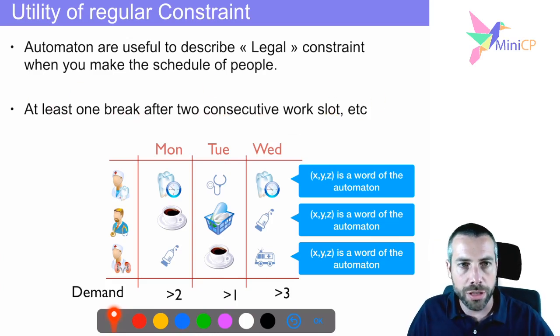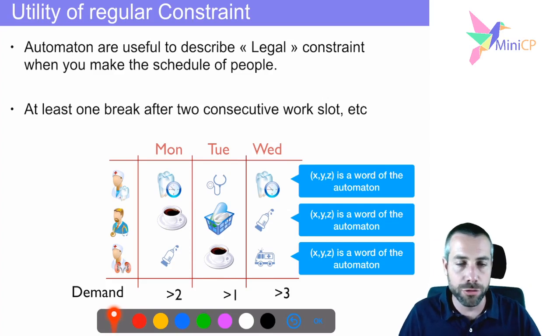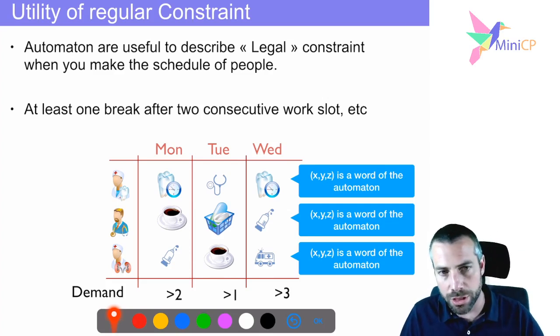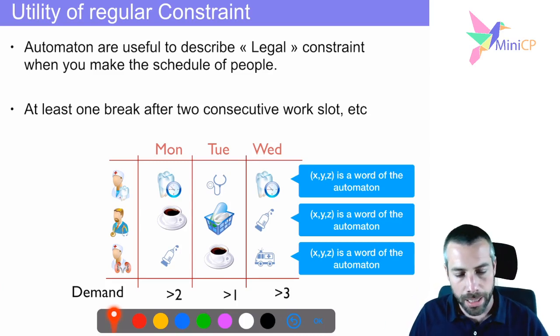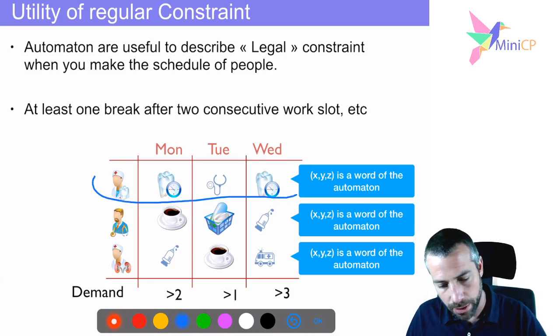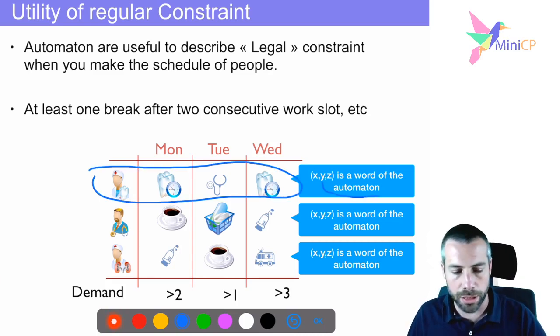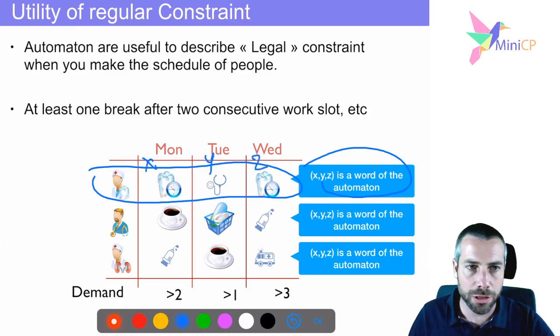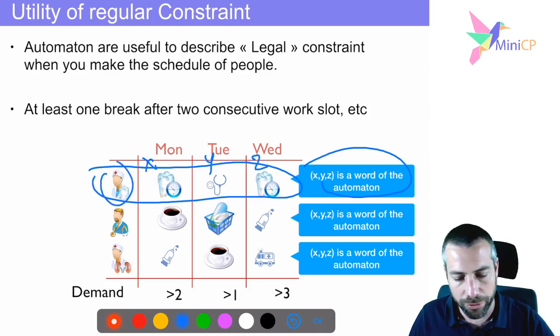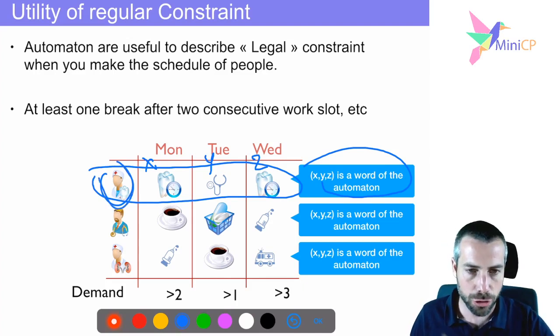And if you gather all the legal constraints that you might have, so that after this activity you need to do at least one such activity and so on, you can encode them as an automaton that will only specify the possible transitions that you can do. And for every line in your schedule here, you will post an automaton regular constraint for linking the variables X, Y, Z. For instance, if X represents the activity that you perform in the slot of Monday, Y represents the activity that this physician will perform on Tuesday, and Z represents the activity that this physician will perform on Wednesday. Okay? And so you just need to post this automaton or regular constraint for all of them.